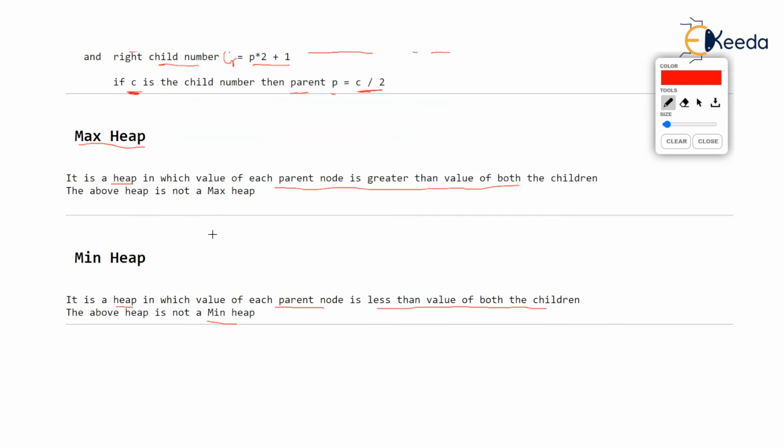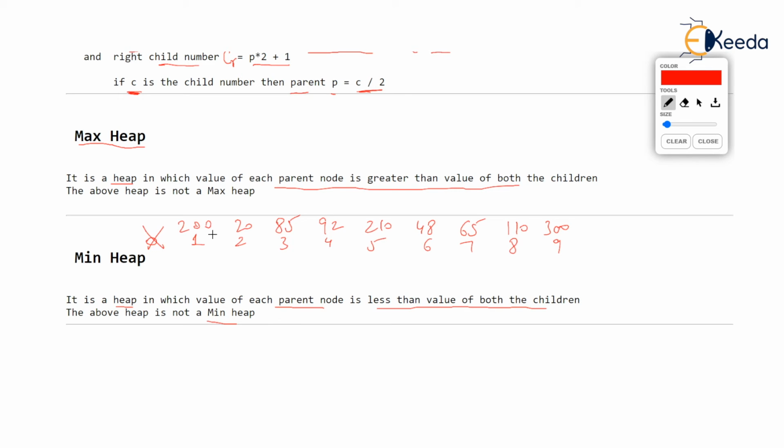Imagine that we are given some array like this: 200, 20, 85, 92, 210, 48, 65, 110, and 300. And indexes I will start with 1. I am going to waste the 0th position. Trust me, I am going to tell you why we are wasting that 0th position, why we should not start the array from index 0.